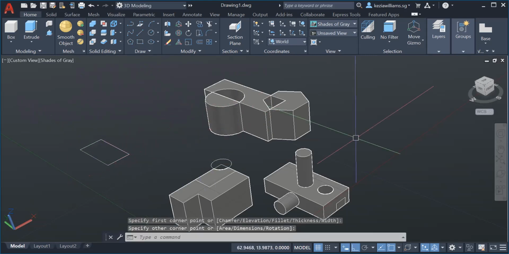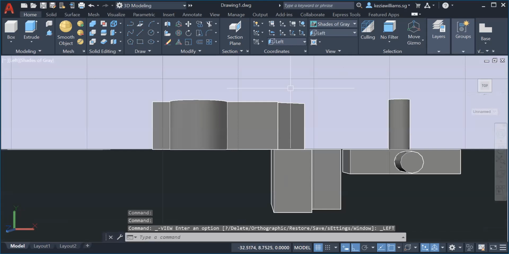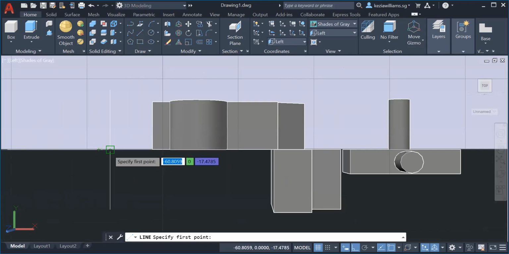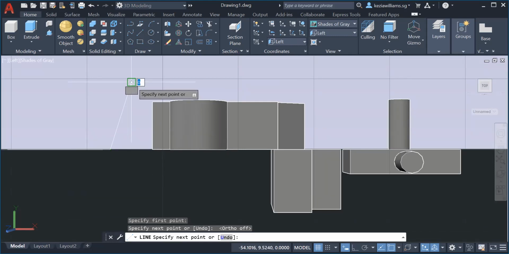here. Okay, and then I will change the view to left. For example, left view. Okay, so left view, and then what I'm going to do is actually now my XY is I can draw here a different plane. Okay, I'm going to take my ortho off. So I'm going to draw a taper line. Okay, now come back here.